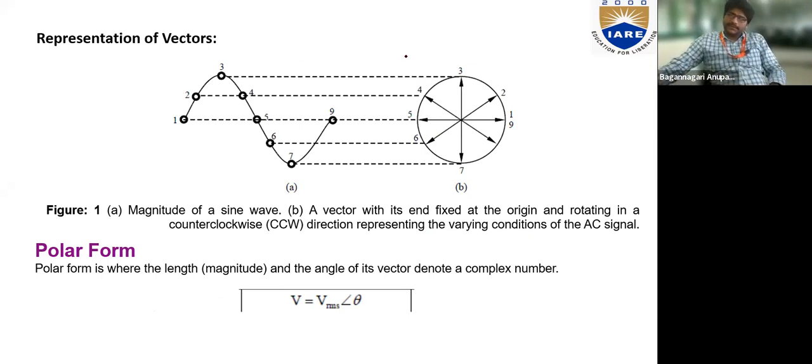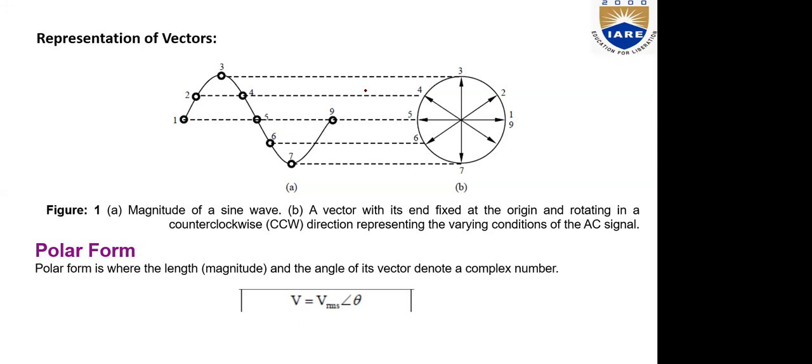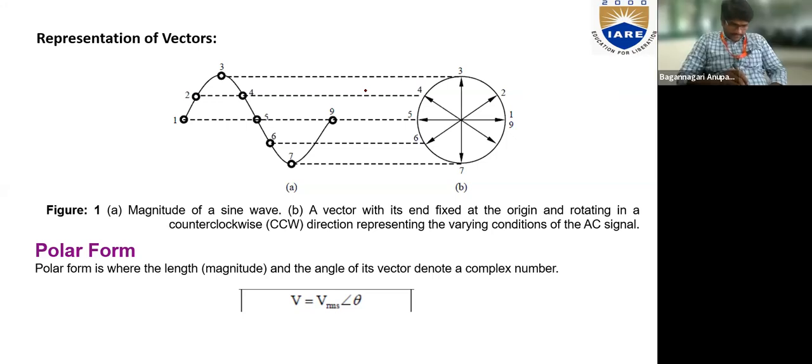In the previous class, we were talking about vectors, how do you represent vectors in general? What's the need for representing a vector? Because AC is a vector quantity, and we can't represent them all the time in terms of mathematical expressions. We need some other ways to illustrate it or present it for easy understanding of the learners, right?